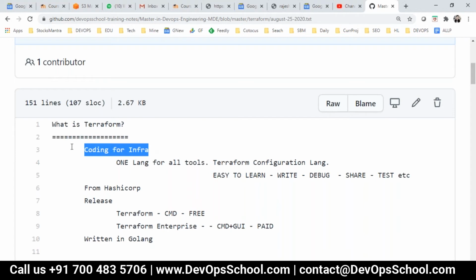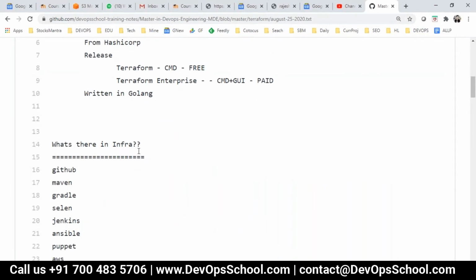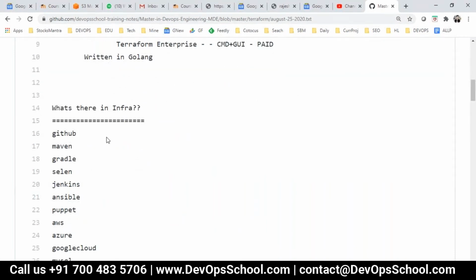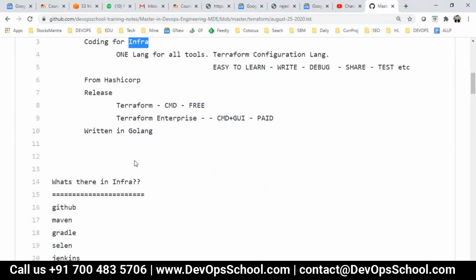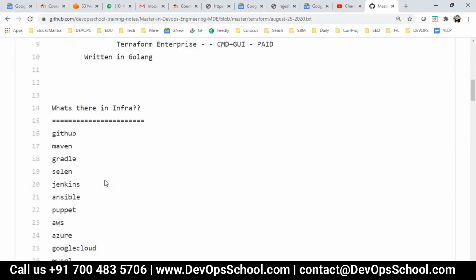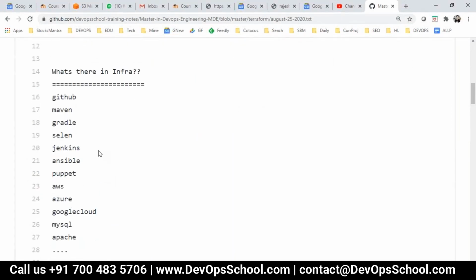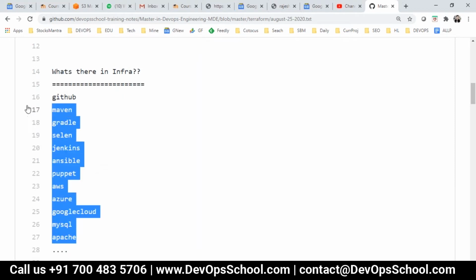Now, when I say coding for infra, then you must be understanding that in infrastructure you have so many tools. So if you look at this, what are the tools we have in infrastructure? Just think about it. No matter whether you are a dev, QA, operations, or what exactly, you must be using some tools, right? Without tools, nothing works in today's DevOps world.